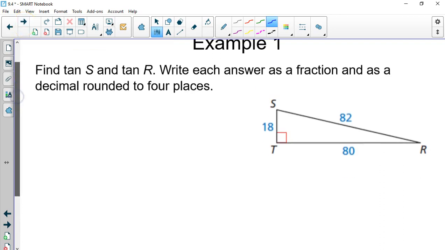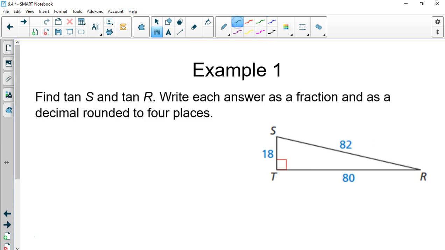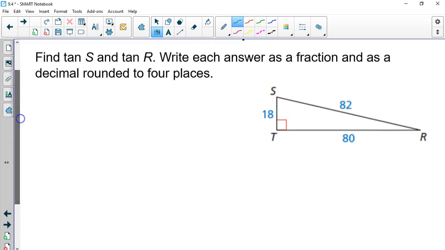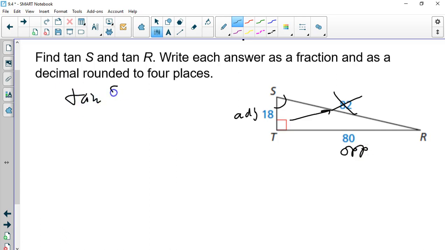So let's look here. It says, find the tangent of S and the tangent of R. So basically it says, let's start by looking here. That's our S, okay? Well, we know that's our hypotenuse. So that's not going to be used here. So we got to figure out which line is closest to us and which one is far away. Well, ST is right here. So I'm going to label that adjacent. And TR is all the way over here. That's opposite. So you just say the tangent of S